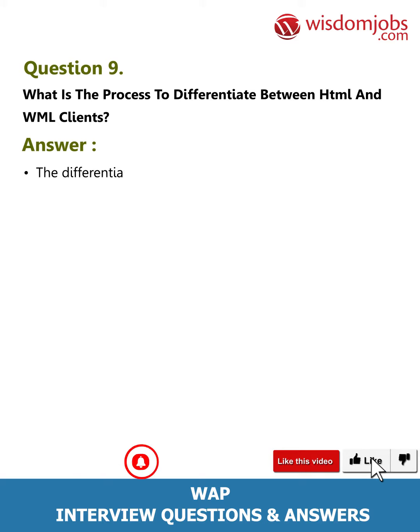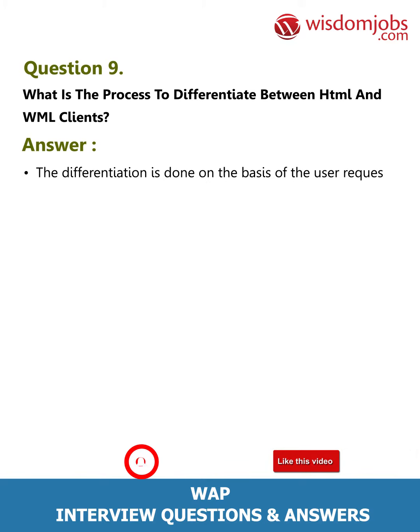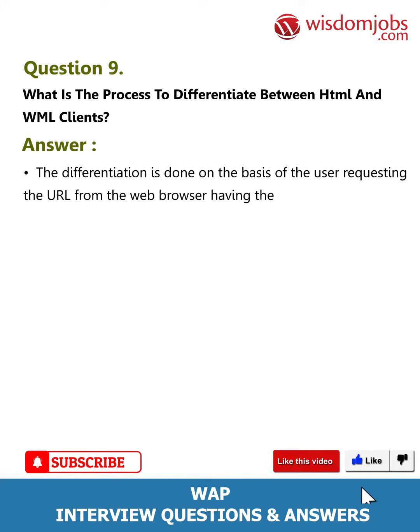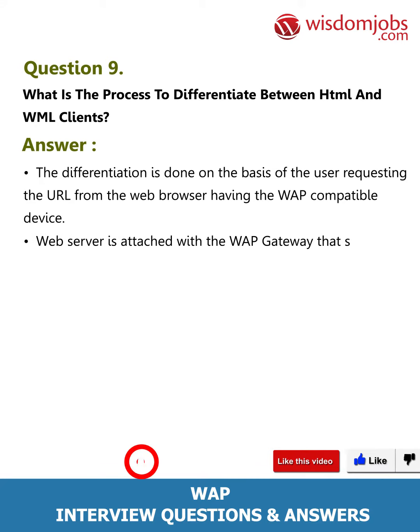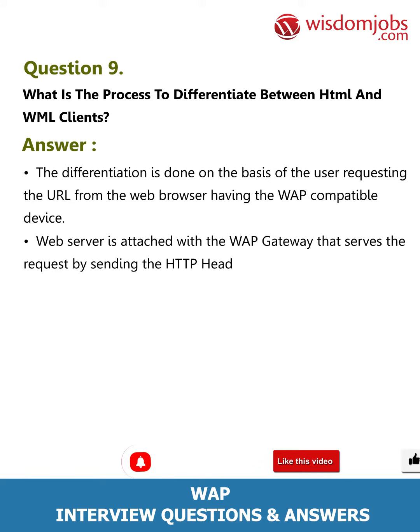Question 9. What is the process to differentiate between HTML and WML clients? Answer. The differentiation is done on the basis of the user requesting the URL from the web browser having the WAP-compatible device. Web server is attached with the WAP gateway that serves the request by sending the HTTP header that